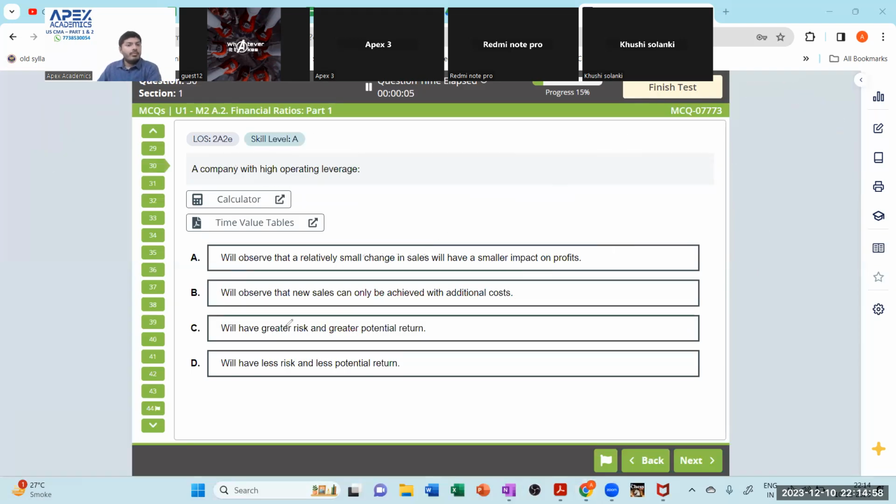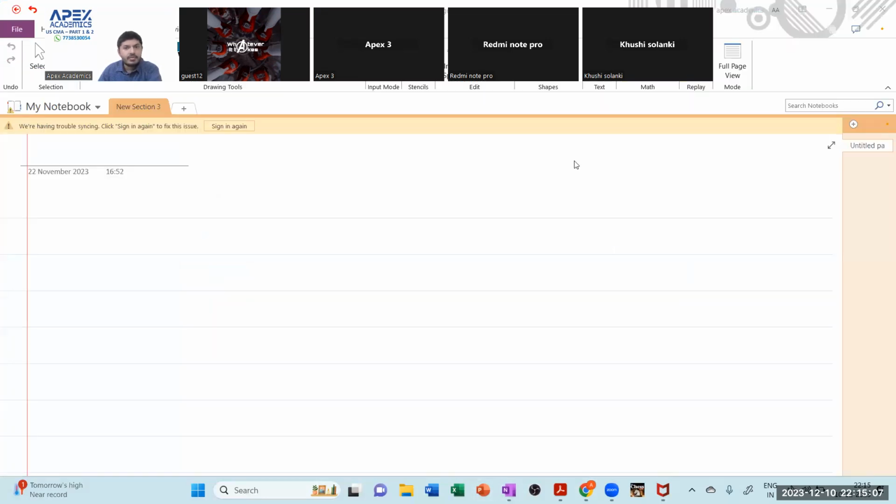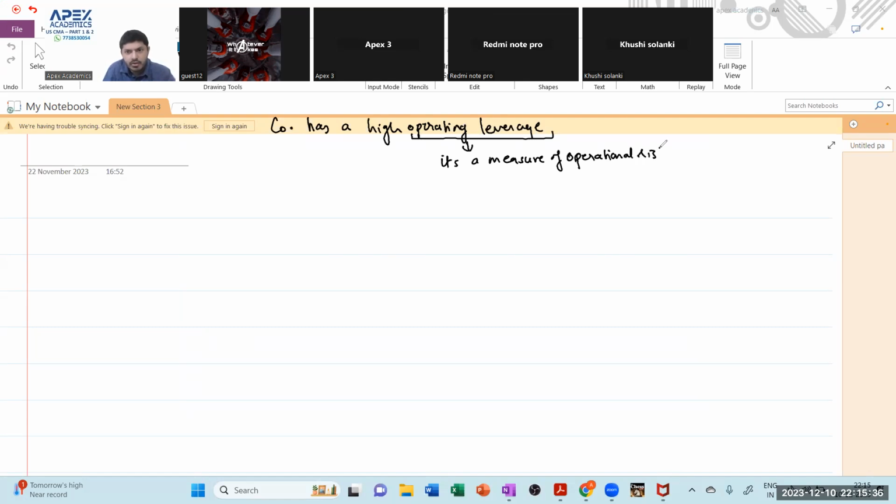Now, a company with a high operating leverage will do what? Okay. Now, let us analyze each one of these carefully. First of all, understand that the company has a high operating leverage. Please understand that operating leverage is a measure of what risk? It is a measure of operational risk. Operational risk will exist because